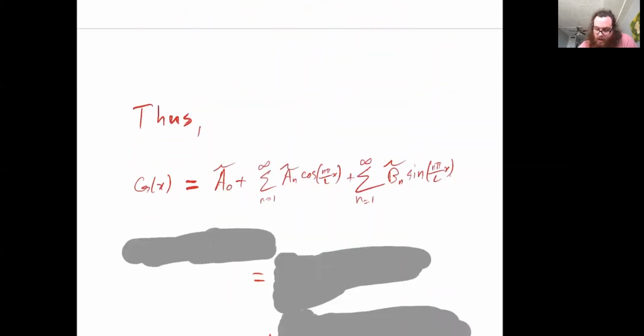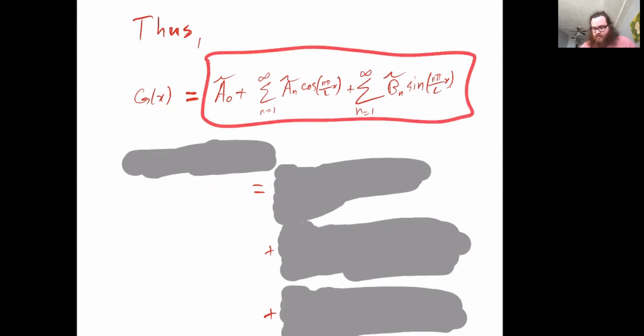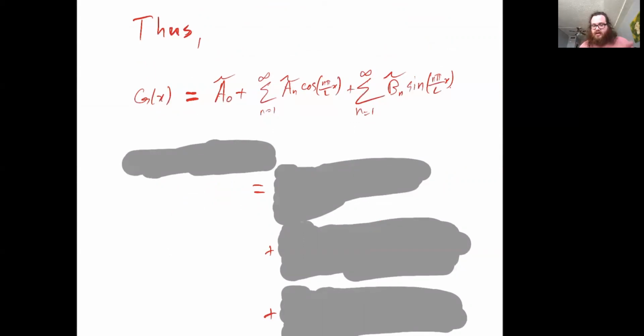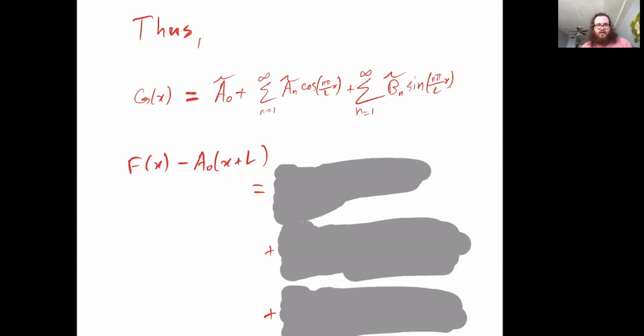Okay. So, Fourier series for g of x: again, because g of x is continuous and its endpoints agree, g of x is going to be equal to its Fourier series. This is what we named all the pieces. So let's just start plugging things in and seeing what we get. The first thing we're going to plug in is g of x here. Remember we said g of x was capital F of x minus a0 x plus L. So we're going to plug in those two pieces that we used in defining